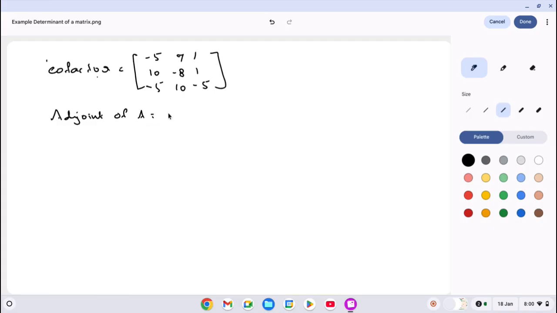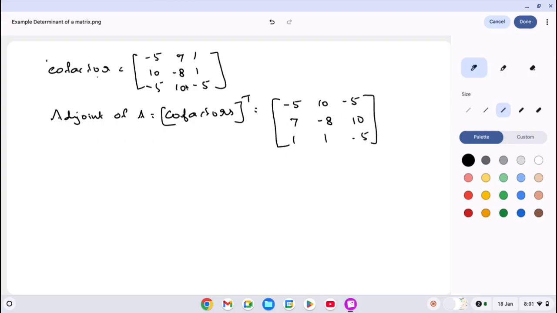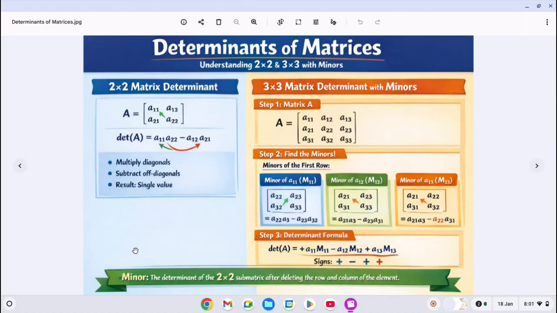Adjoint of A is nothing but the cofactor's transpose. Transpose means changing the row to column and column to row. Take the first column, minus 5, and write it as a row. And the second column, write it as the second row. Take the third column, write it as the third row. Just like this, we can transpose the matrix. Now we have got the adjoint of A. What is step 5? In step 5, we have to find